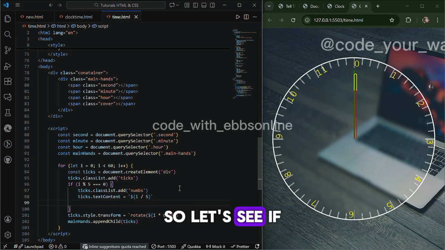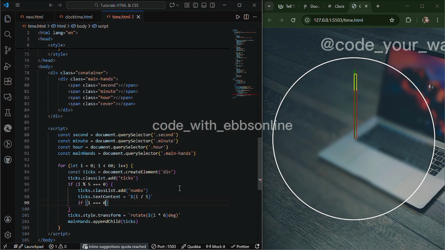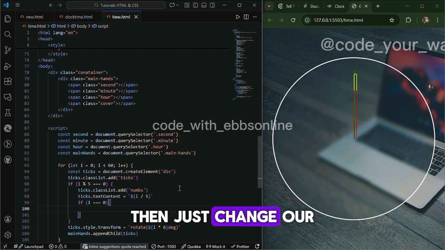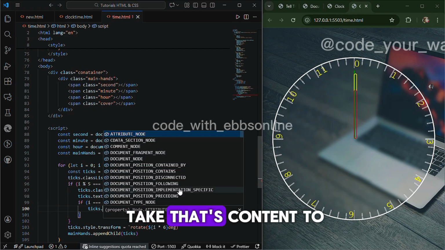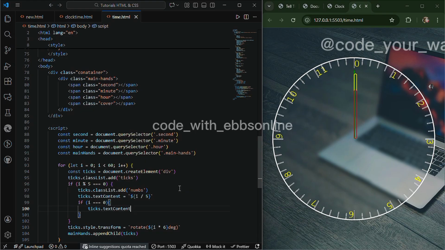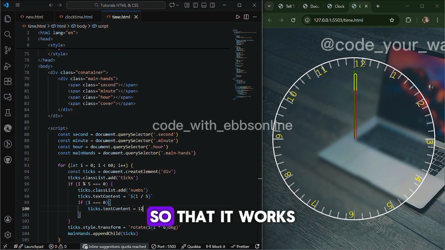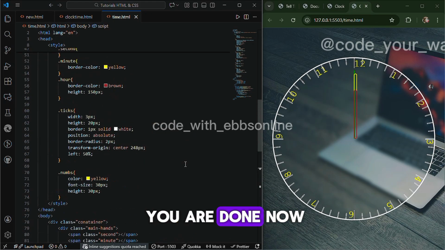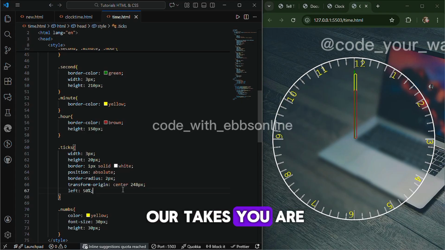So we're going to say if I ever becomes 0, then just change our text content to 12 so that it works. We are done. Now our text are going to be